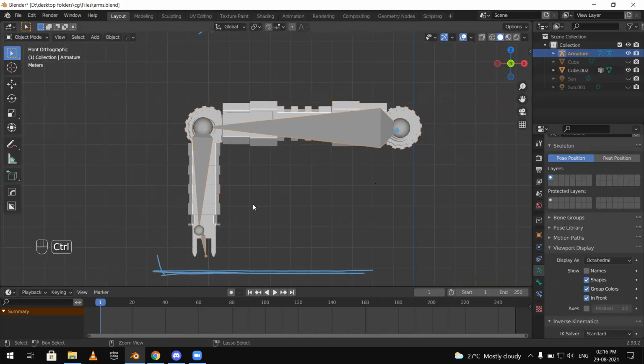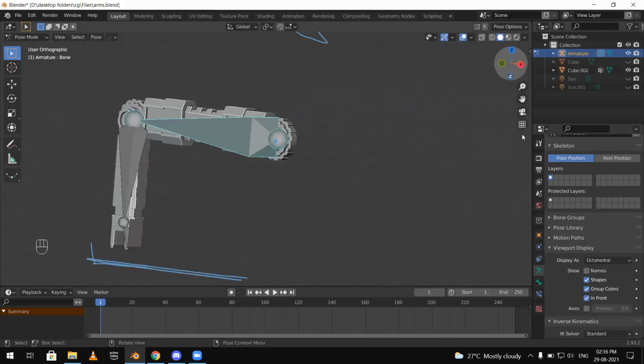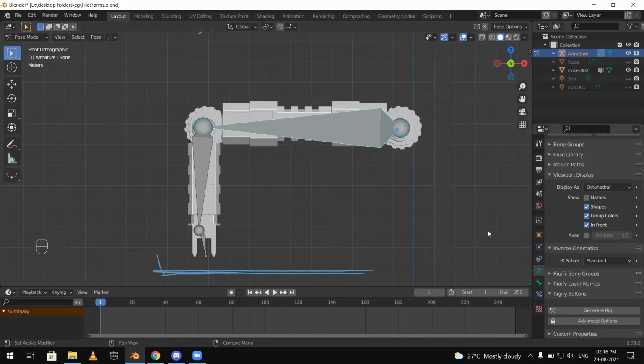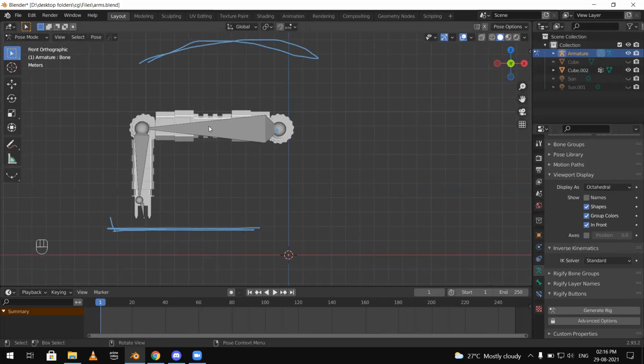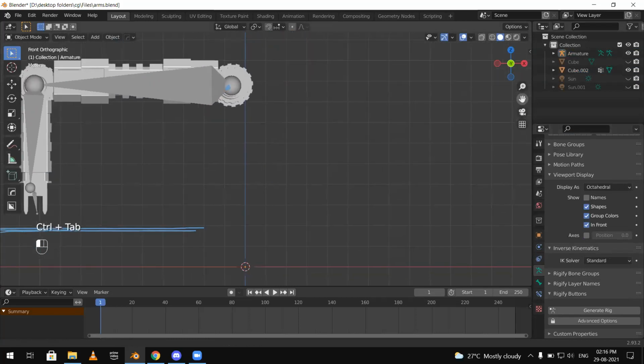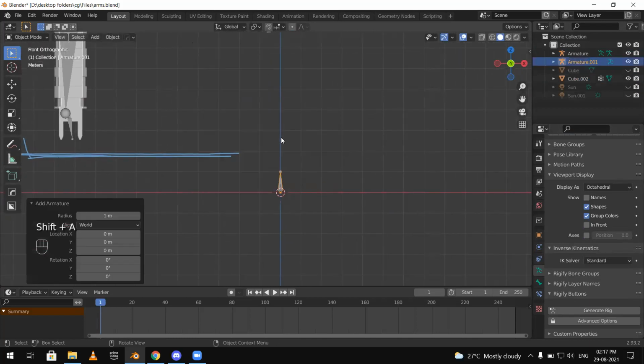Now let's press Control plus Tab and go into pose mode. While selecting the bone, you can go into pose mode. And then we have something called inverse kinematics. This is one very good feature of Blender. Let me show you one small example. Instead of rigging this bone first, I'll show you another example. Let's keep that one on standby and let's animate a small leg-type thing.